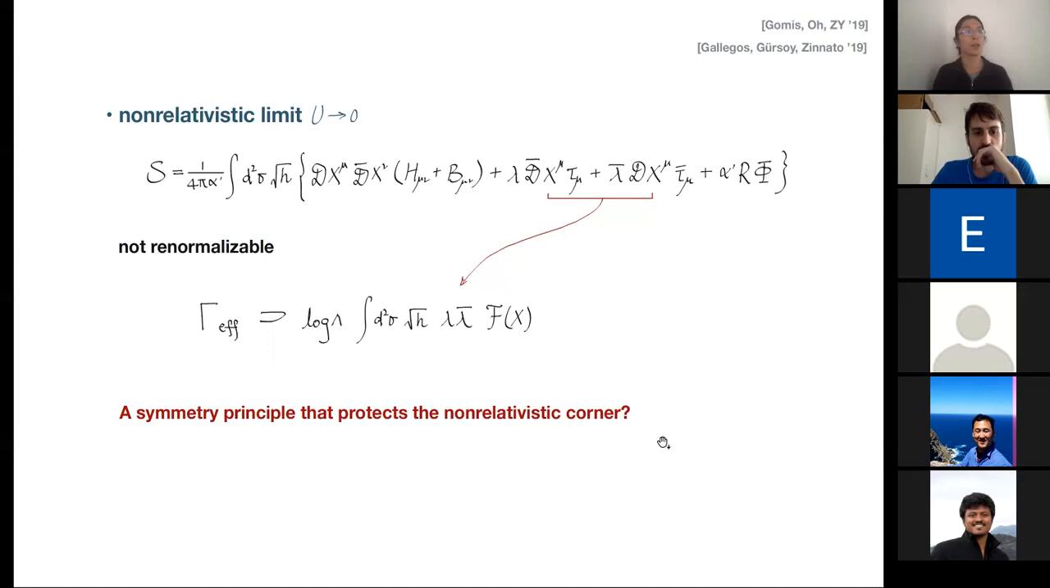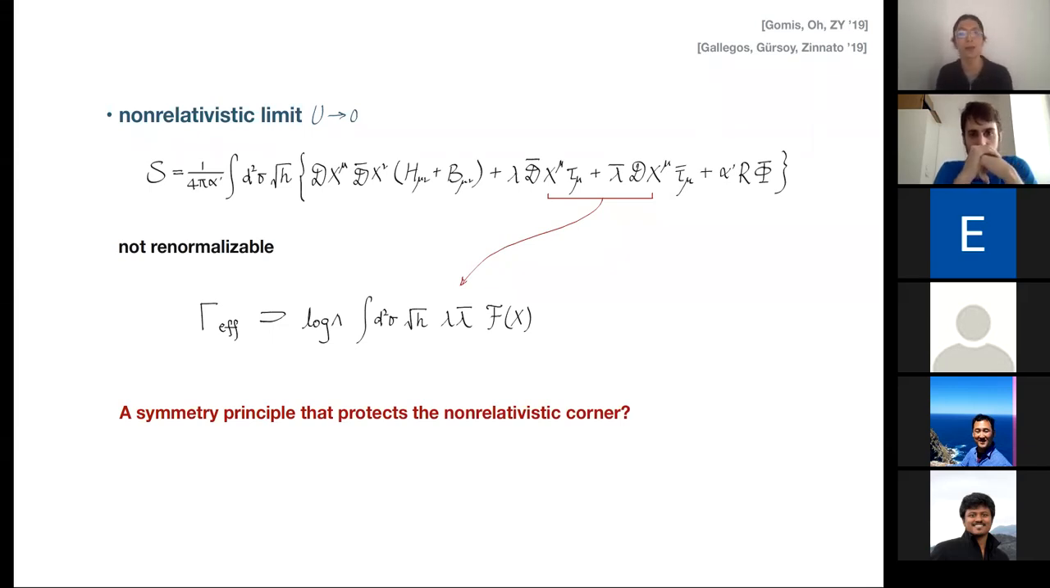So one way that we can do is that we can just send this U to 0. So we kill this lambda bar operator by hand. It seems to be fine. You can just do this at this conformal fixed point, which is required for the string theory to be defined anyway. But if you really think about it, we kind of already lost the notion of a self-contained corner for